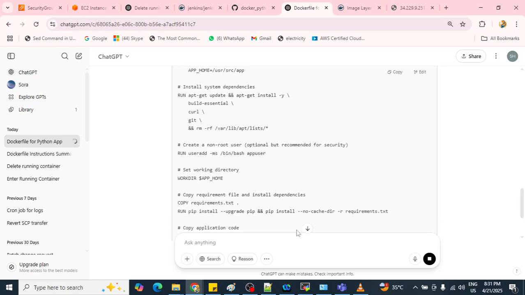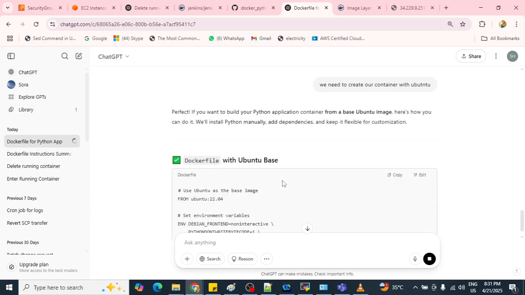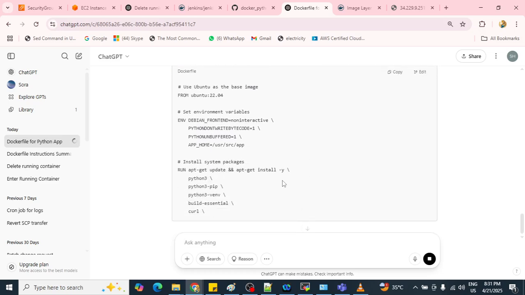Or we need to create our container with Ubuntu. So how are you going to do it?